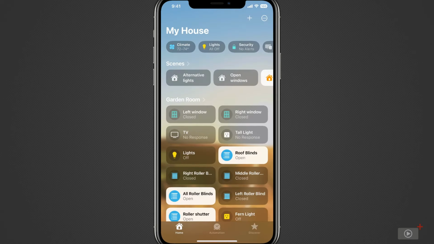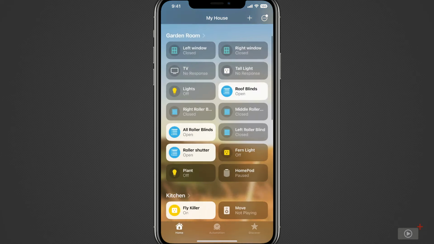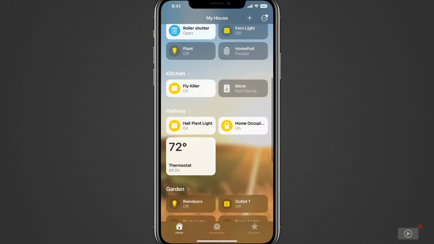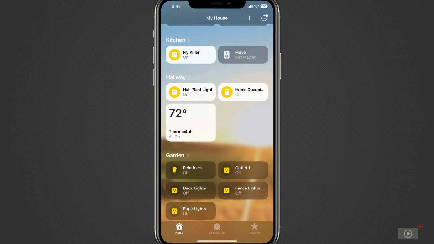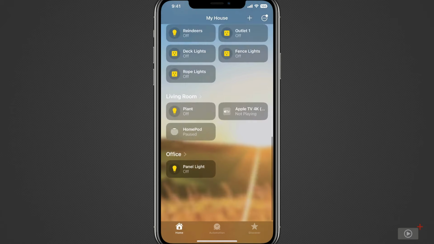The first is this brand new My House view, and basically you can see all your devices in a single view. So at the top we have a number of different categories. Again, this is new. We have a number of scenes, which you can scroll across, and the scenes basically allow you to control groups of devices with a single button press or a Siri command. And then below that we have the various rooms with each device specified, and you'll see the active devices easily recognizable. They're highlighted with some different changes to the styles of the tiles, but really very, very easy to control